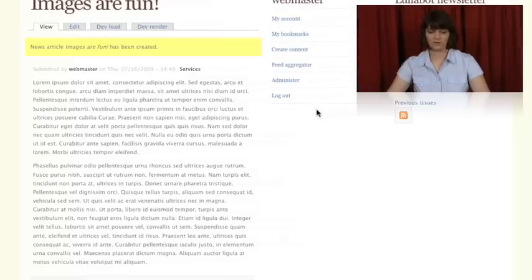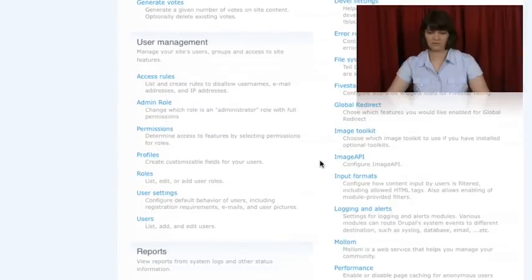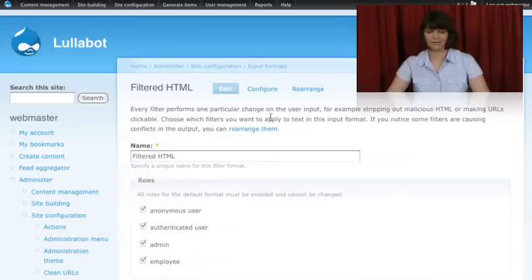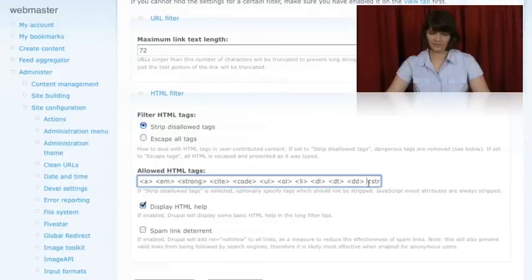So I'm going to go ahead and go to Administer, and down again under Site Configuration, we'll go to Input Formats. And again, I need to configure the filtered HTML, and then hit the Configure tab. And we'll come down here, and again we have our tags, so we added those, and now I need to add